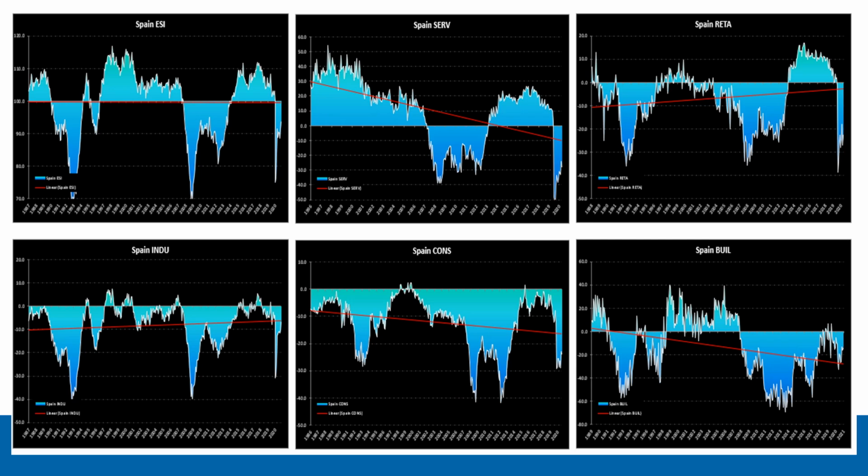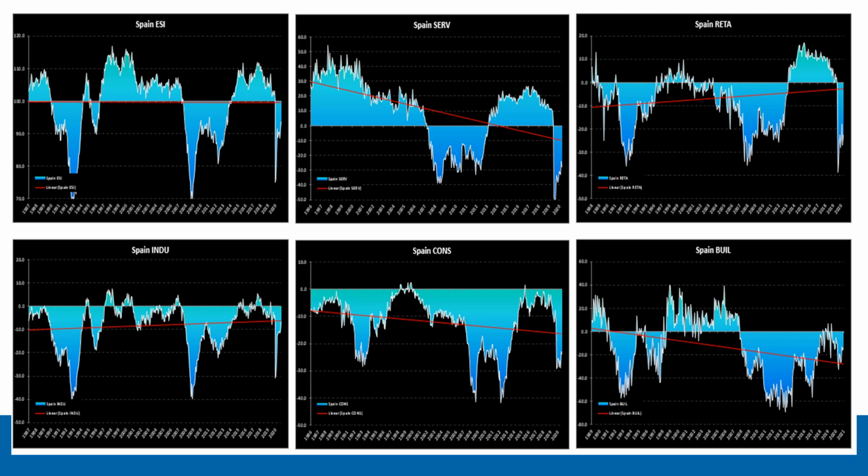So Spain, decent size economy, ranked number 13th in the world on 2019 numbers at $1.4 trillion. If we look at the manufacturing sector, generally always negative in Spain over the lifetime of the data. Services exhibiting similar to all the other major economies, going from positive sentiment to negative on average over the data set. Consumers, again, generally always miserable.